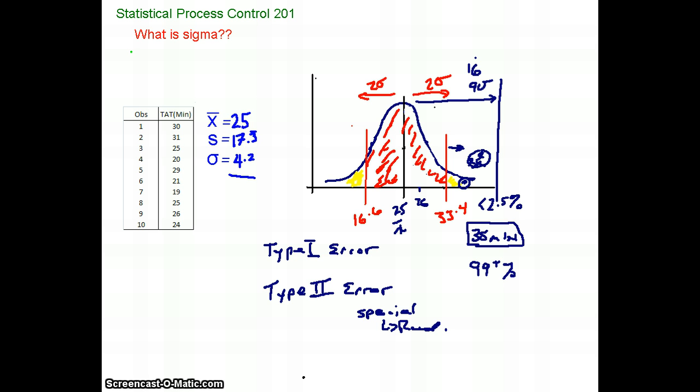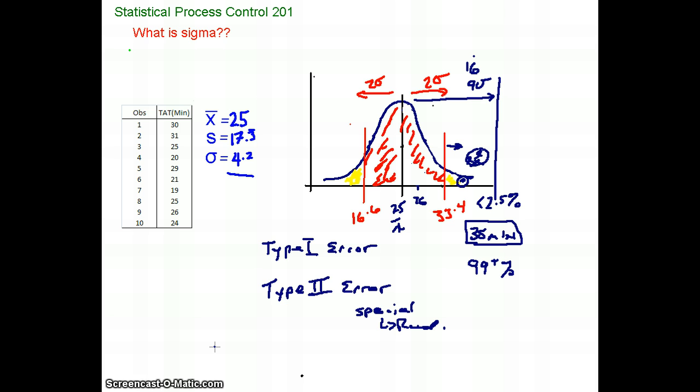In general, we're more willing to make a type 1 error than a type 2 error. And that's because of this willingness, type 1 error is more common. We have a practical term for type 1 error. It's called tampering. Tampering with the process. We don't want to tamper. We don't want to mistake that. We don't want to stop our process with